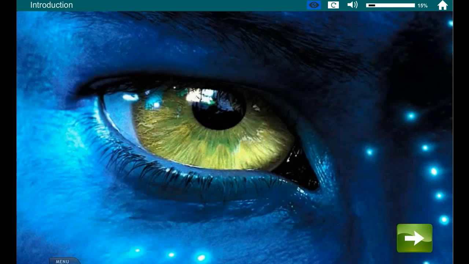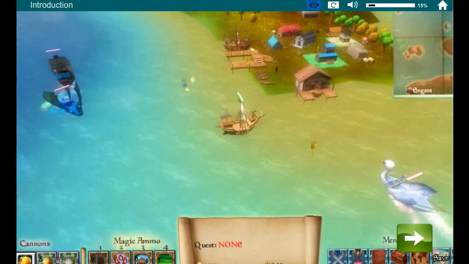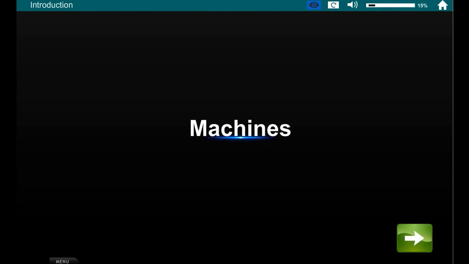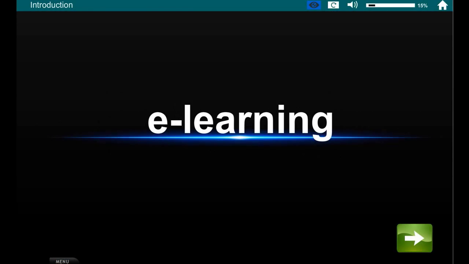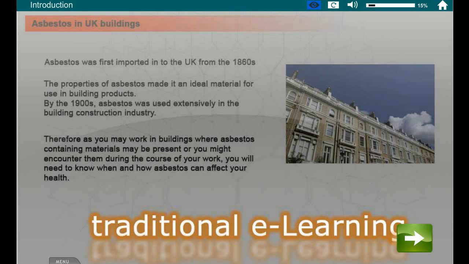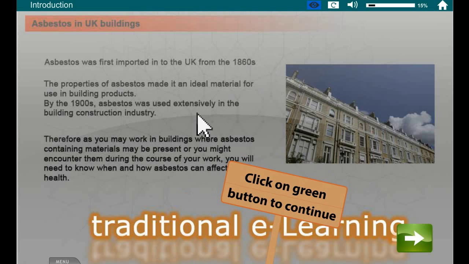In an era of CGI, a video game's technology so real you think you're actually there, of machines able to recreate the very first moments of the universe, e-learning looks a lot like this. If you could just move the mouse to the right. No, the left. No, let's just stay here for the moment and